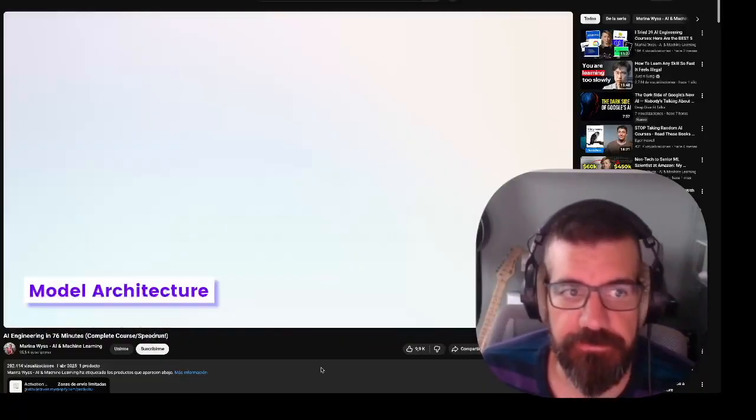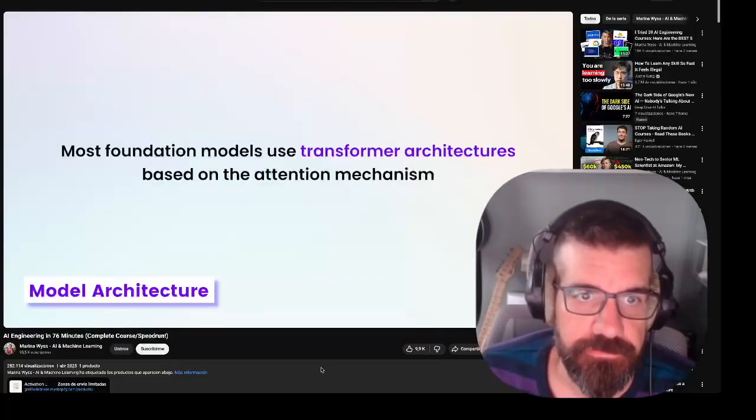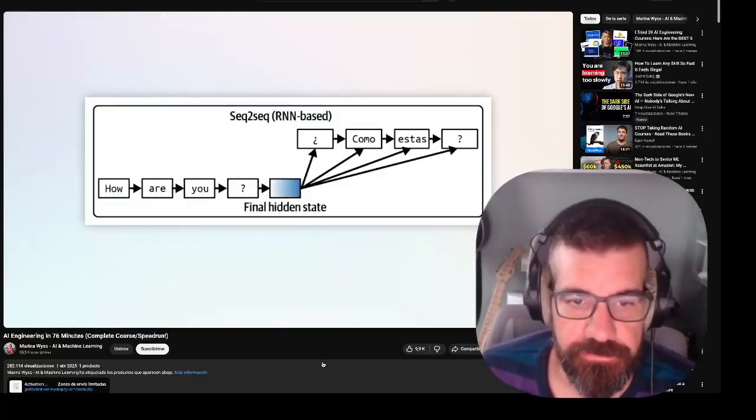In terms of model architecture, most foundation models use transformer architectures based on the attention mechanism. But to understand why transformers were such a breakthrough, we need to look at what came before. Transformers were invented to solve the problems of sequence-to-sequence models, which used recurrent neural networks for tasks like